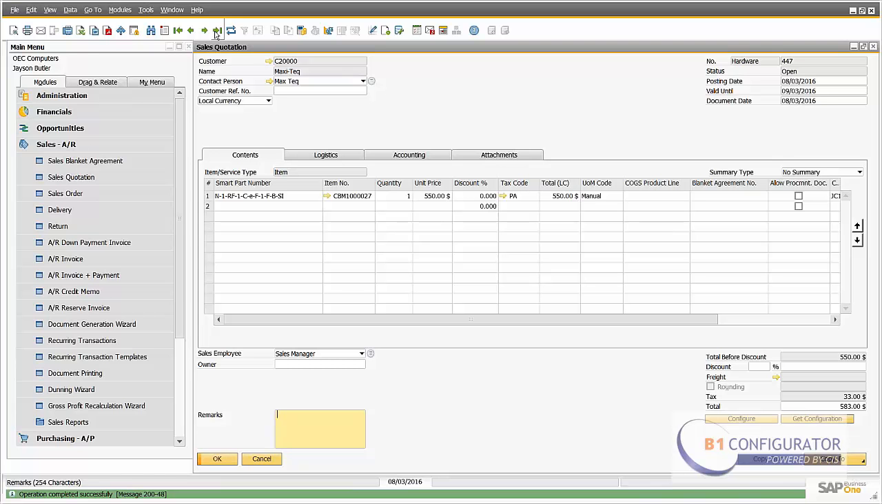Okay, so that's the configurator side. Any questions there at all whilst we're in this area? Okay,